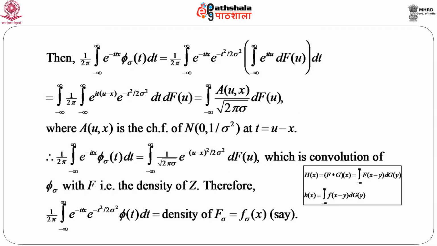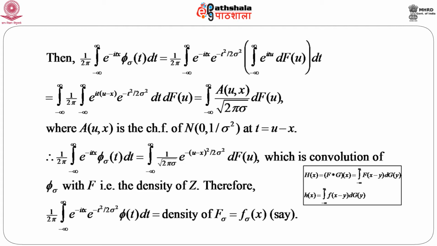Then consider this integral, 1 by 2 pi integration from minus infinity to infinity e to the power minus i t x phi sigma t dt. Now, what is phi sigma t? We have already seen that this is e to the power minus t square by 2 sigma square into phi t. Now, what is phi t? Phi t is the characteristic function corresponding to capital F. So, it is the integral from minus infinity to infinity of e to the power i t u dF(u), dt. With just a little bit of algebra we will get immediately